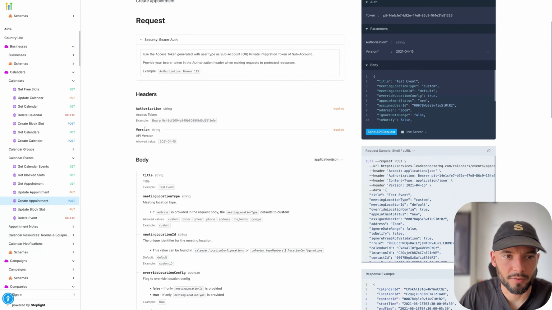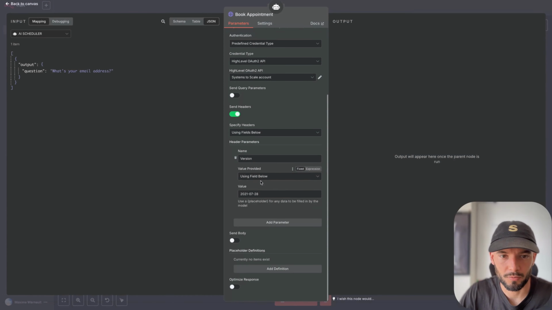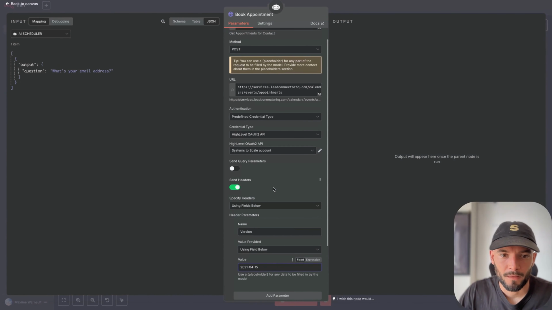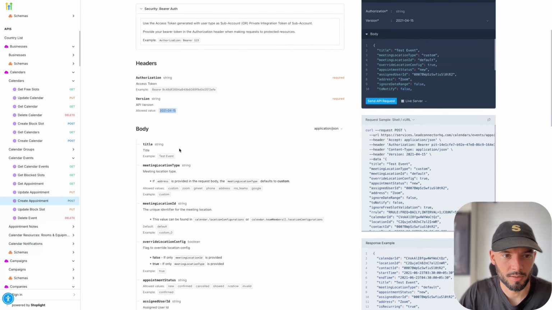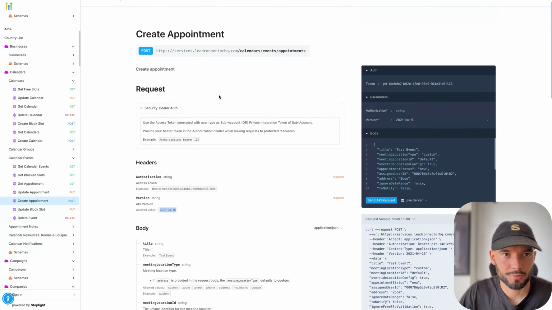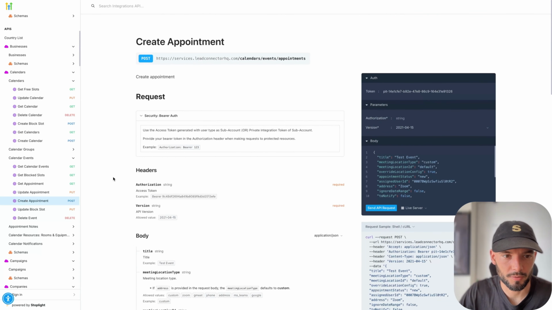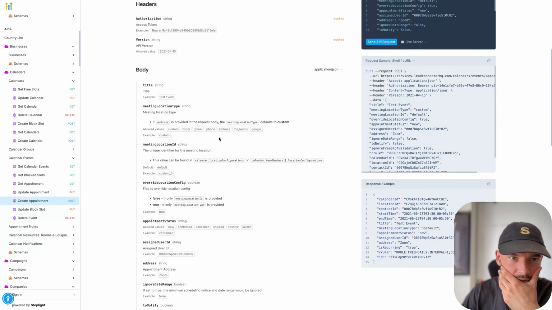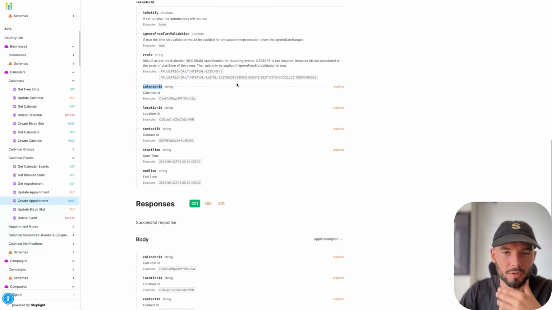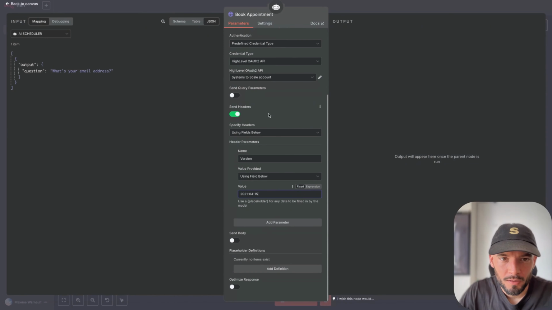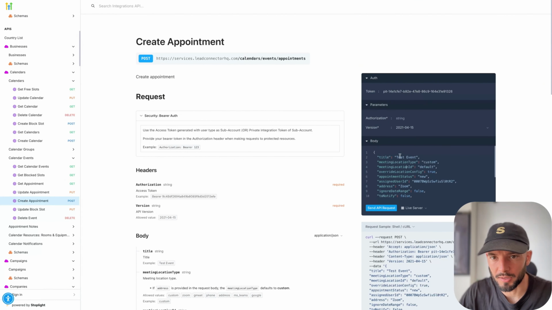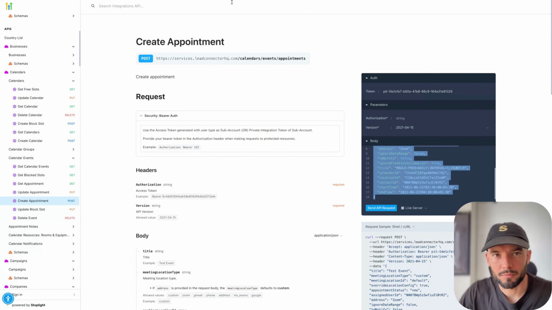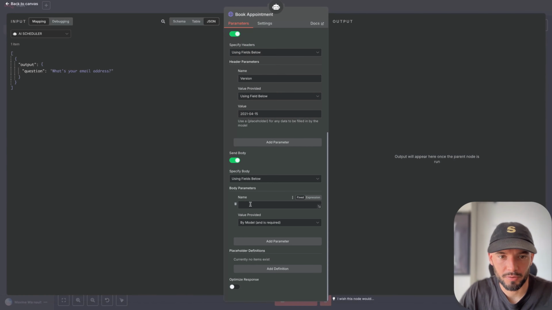So what does it ask us? We need the header, so the authorization, we need the version. So once again, I'm starting with this. The version, we have the authorization in here, the authentication, and so create appointment, we're going to need calendar ID. Okay, body, we're going to need calendar ID. So where's the body? Send the body, and we can have an example of the body in here on the right. So basically what we want is